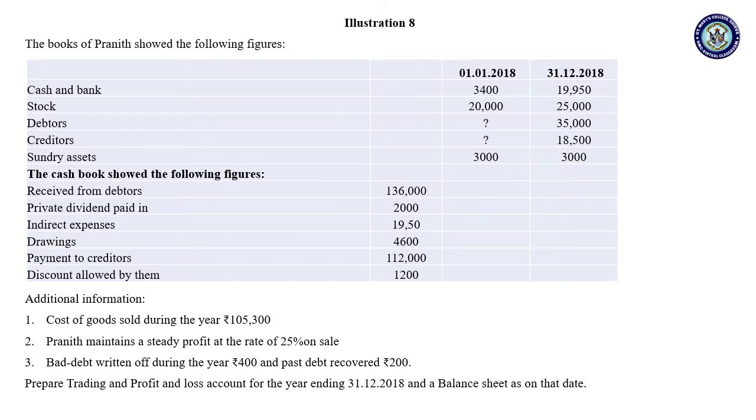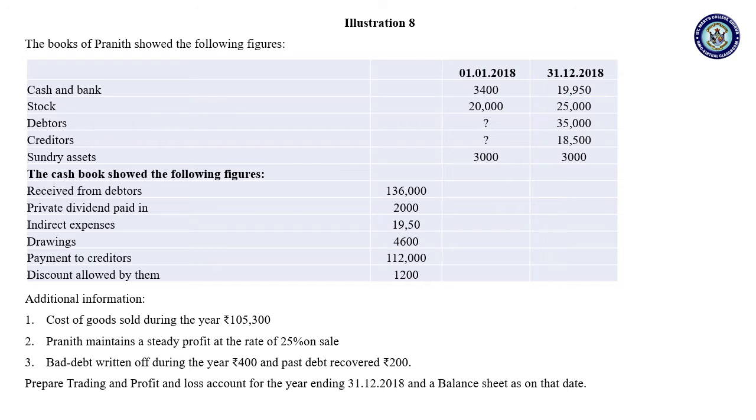Okay, so illustration number 8, that is, the books of Pranith show the following figures. They have given the opening and the closing balance of some of the assets and liabilities, but for debtors and creditors only the closing balance is given, not the opening balance. Means you have to prepare debtors and creditors account to find out the opening balance,